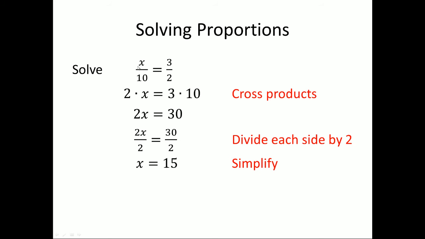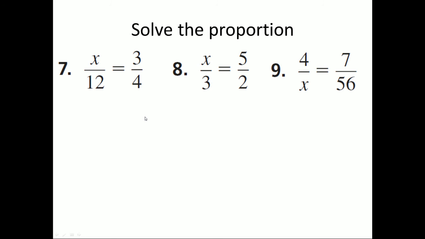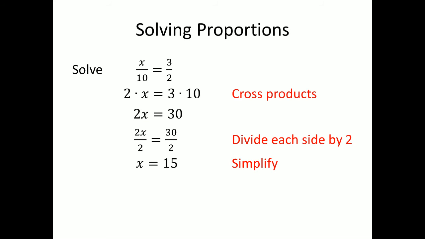If you plug in 15 here, you're going to see how it simplifies. 15 divided by 10 is simplified into 3 over 2, okay. But we used this process of cross product to get us there, okay? Alright, so using that method of cross product, right,